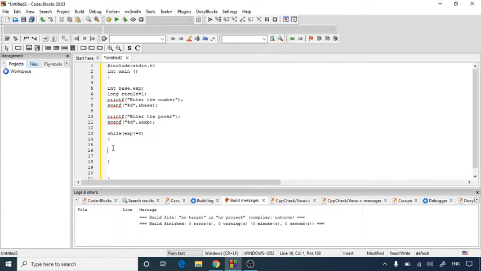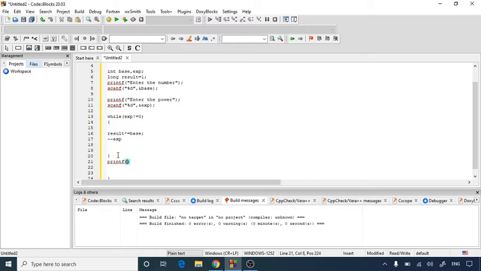That's why I'm going to write result multiplied and equal to base, and then we have to decrement that exponent again. So it will check this condition, go inside the loop, and perform this instruction till the condition becomes false, and after this I'm going to print the result.